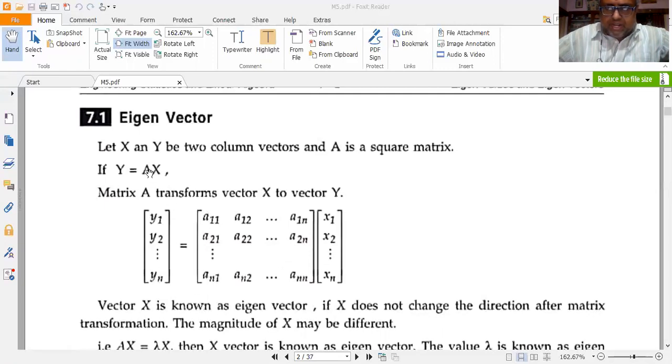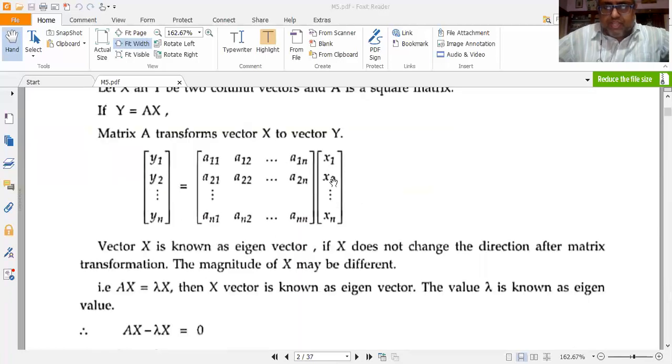Now the elements of the matrix A, which is a square matrix of dimension n cross n, are given by a11, a12, etc. till a1n. Then the second row a21, a22, etc. till a2n. Continuing the process, the last nth row elements would be an1, an2, etc. till ann. So this constitutes the elements of the square matrix A. Then the column vector x consists of the elements x1, x2, x3, etc. till xn arranged in a single column. The dimension of x is also n cross 1. It has n rows but only one column. That's why the name column vector or column matrix.